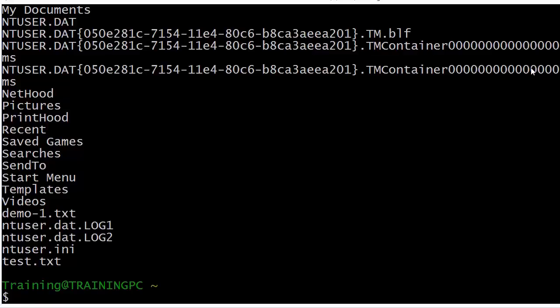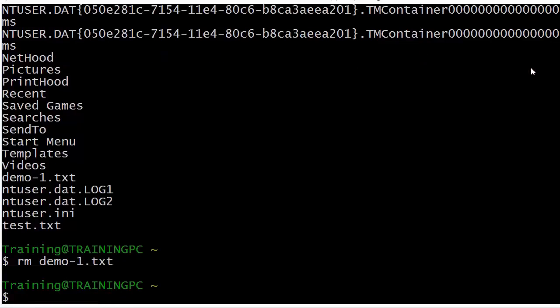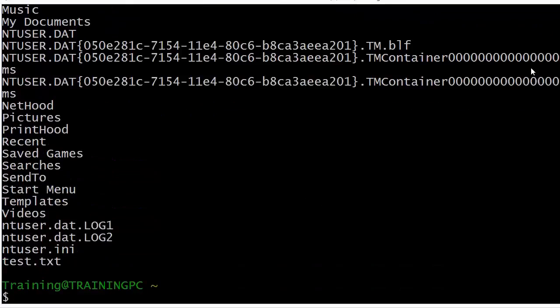So what if we want to remove our demo-1.txt file? We can do that by using the rm command, which will remove the file. If we specify rm space and then the file name we wish to remove, in our case demo-1.txt, then press enter, we will remove that file. So we no longer have our